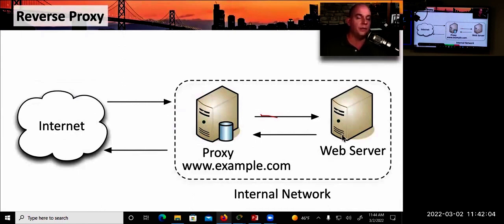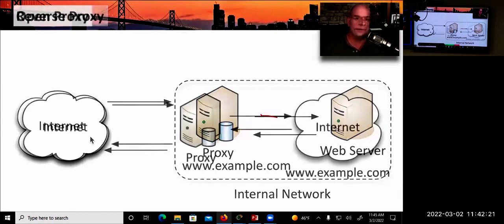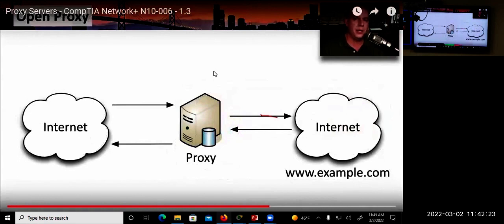The web server responds, but of course it's not responding back to you, it's responding back to the proxy. And then the proxy, of course, is communicating back to you on the internet. So it's the same as the original proxy we were looking at, our forward proxy, except now we've turned it around and made it a reverse proxy. Another type of proxy you might run into is an open proxy. We commonly